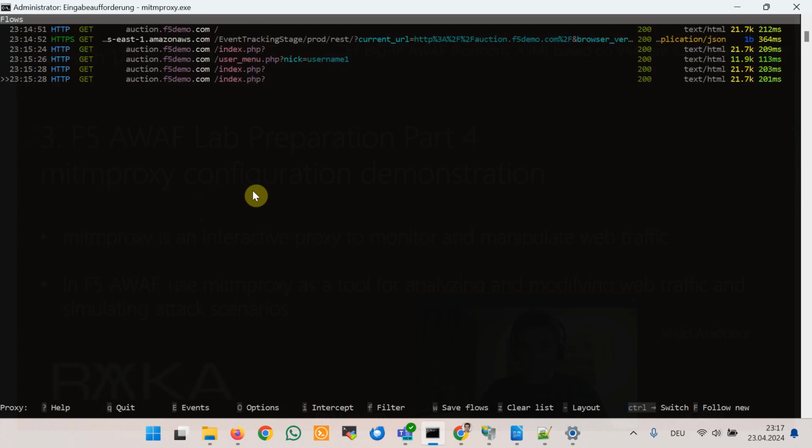A key feature of MITM proxy that we will frequently utilize in this course is its ability to intercept and alter network traffic. This includes modifying request and response headers, cookies, and other data elements that I will demonstrate just now. To demonstrate interception, let's first log in to the vulnerable web application